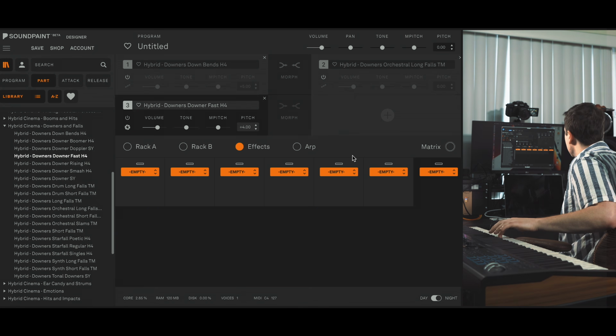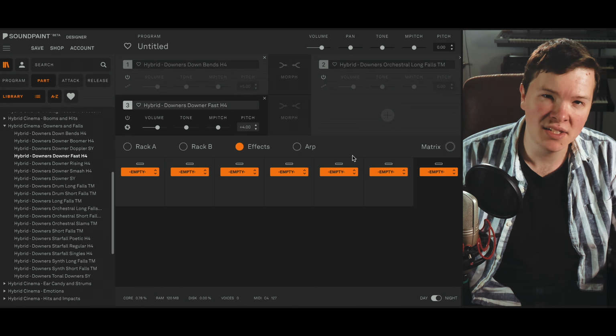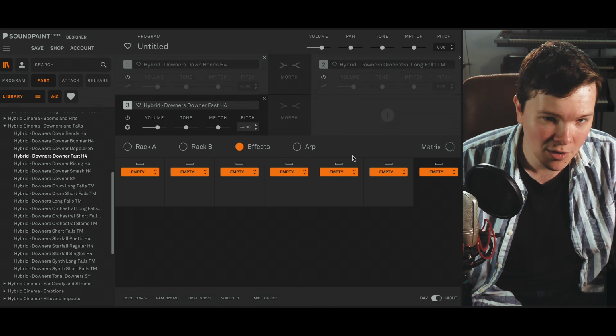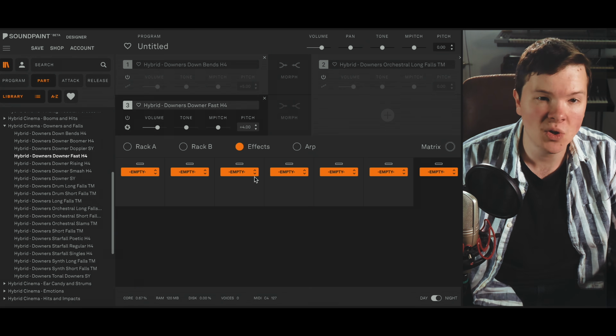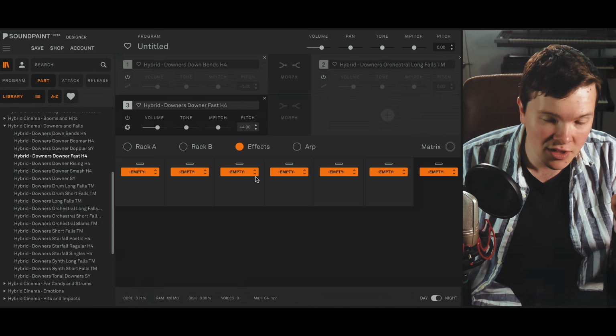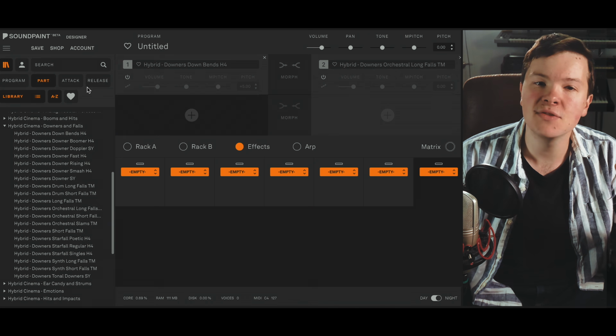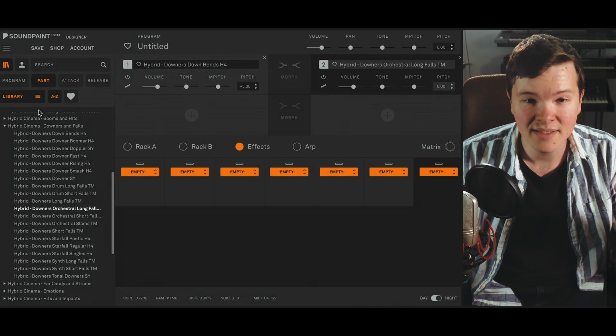So you can really, in that sense, turn maybe a long downer into a faster downer or a fast downer into a very fast downer just by raising the pitch. You know, with non-tonal stuff, I find that it doesn't really matter as much, and it's a great way to kind of fine-tune the timing of things. But since these two are both tonal, we're gonna have to use some envelopes here to really tailor this guy